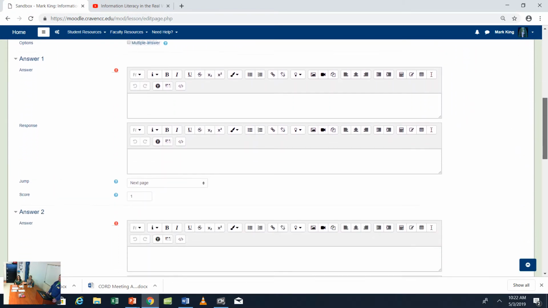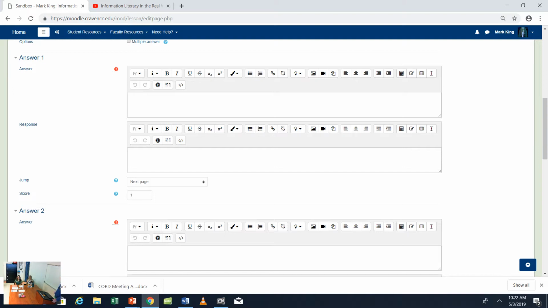And just like when you create a quiz, you put in your answers with the response, so if it's incorrect or correct. If you know how to do quizzes, you can do the same thing here pretty well. It's got HTML editing, so if you wanted to put in something additional to the answer, you could do that. If you wanted to create little links that explain the answers, you could do that. Just depends on how you want to set it up.